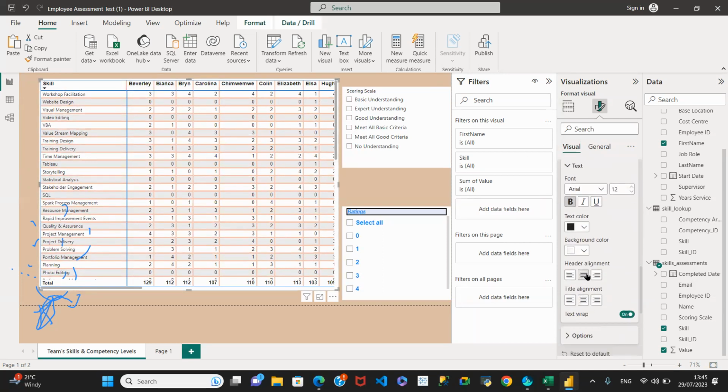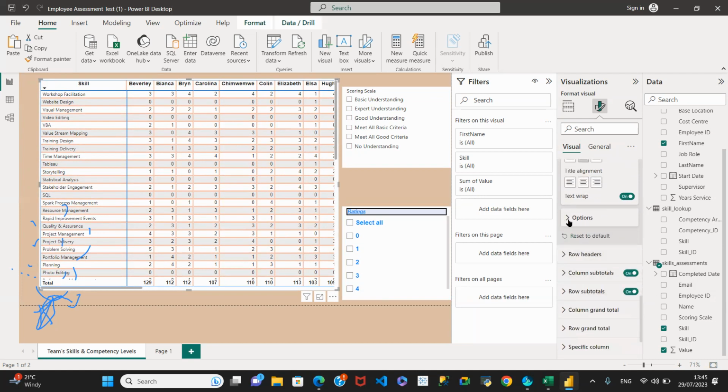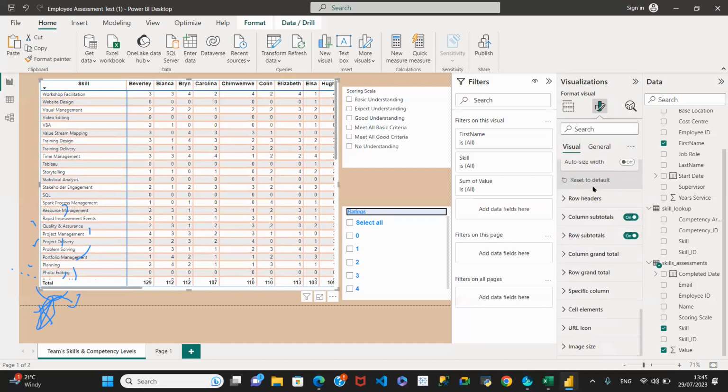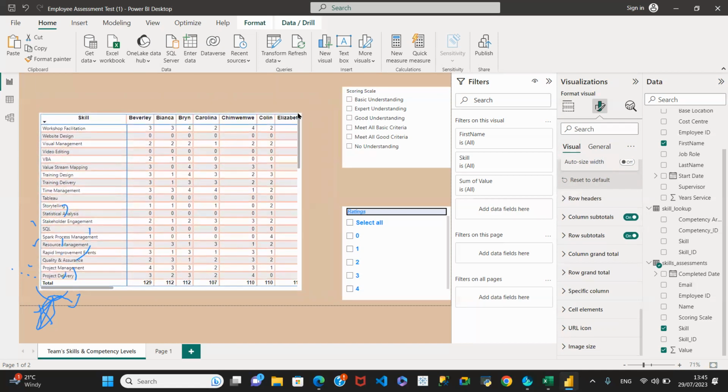There's the alignment here if you want it aligned center, it's there. There are more options here. Auto size width. Okay, I switched that off. So there's different things. I don't want us to dwell too much on this, but there's different things that